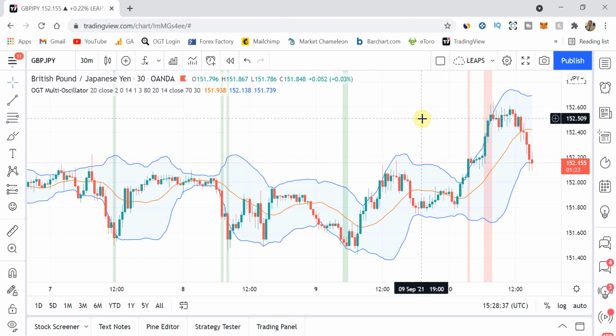And what we're going to do in this video is go through where you can find this indicator on TradingView. It's absolutely free, by the way, and we'll also go into the settings and most importantly, how can we profit